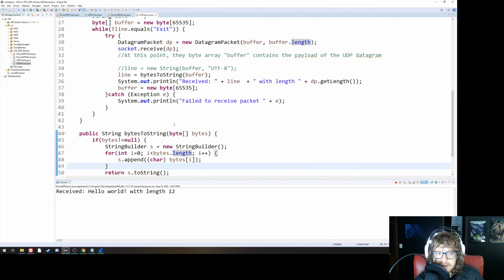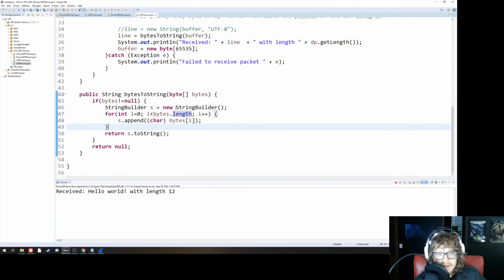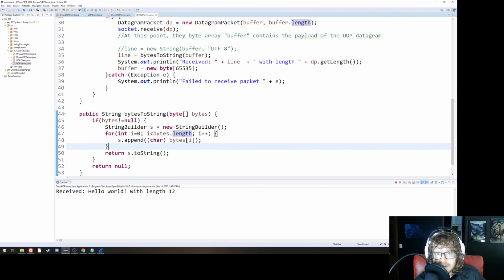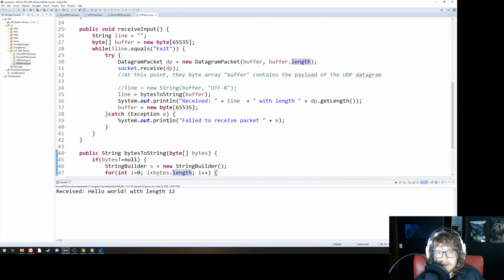Well, actually, all of the bytes that aren't filled in are null. So when it's appending, it appends nothing. It just appends a blank nothing, so it doesn't actually add anything to the string. But this code sucks because it actually reads through the whole 65,535-long byte array, and that's totally unnecessary. So if we downgraded this to, say, 1500,